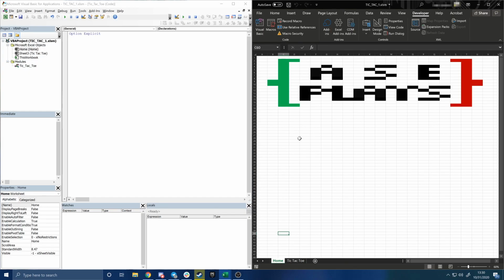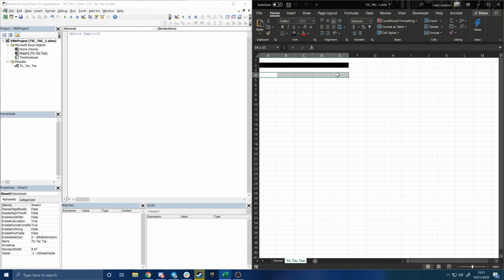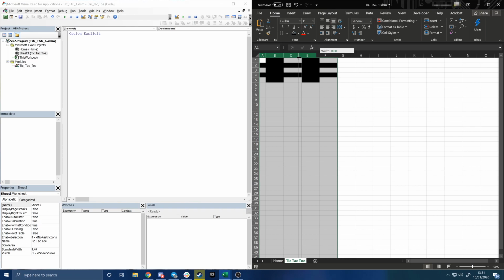Here we are, side by side. The first thing we want to do is start with a two-player game. So first of all, we want to define our game board. Tic-tac-toe is obviously a 3x3 grid, but the way we want to do it is, we'll use what little art skills I have to make a beautiful tic-tac-toe board, and we're going to make it as square as possible here. Make everything